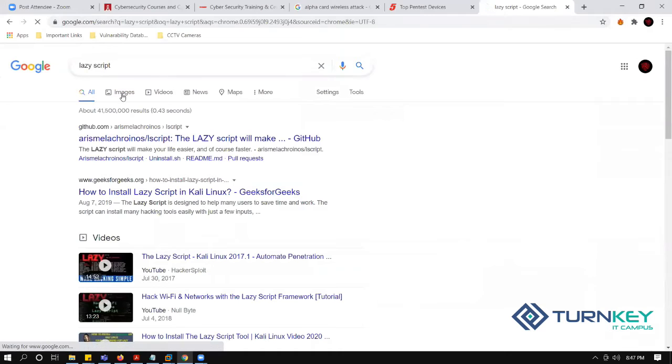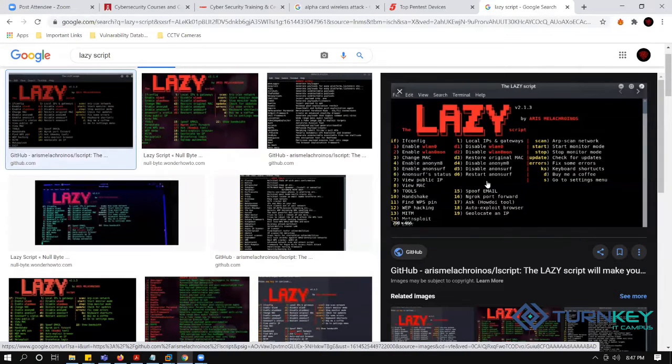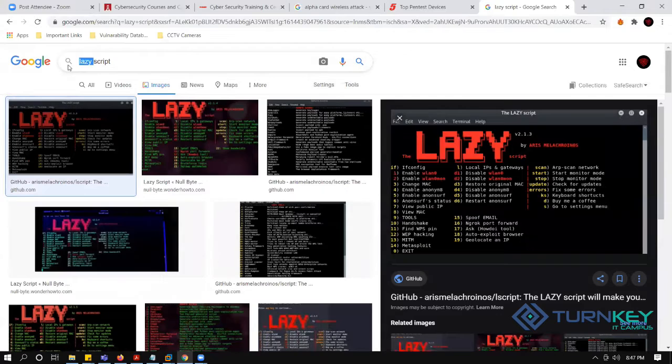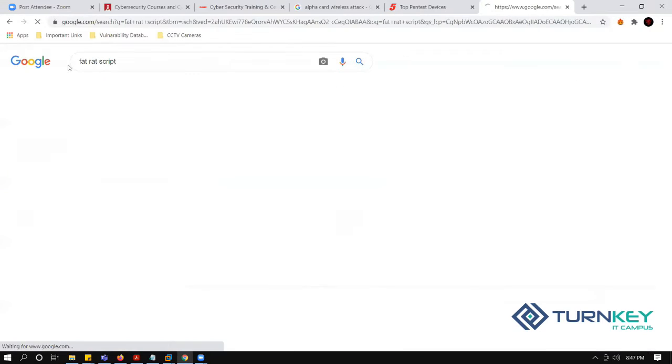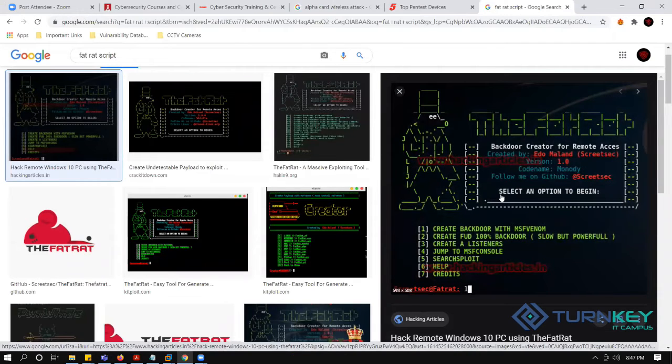is one of the beautiful frameworks that I am aware of. It's similar to Metasploit, but this is specifically towards Wi-Fi attacks and things related to Wi-Fi. Then you can find something called FatRat. This is also a very good framework. It is pretty much usable for you to create FUD backdoors,